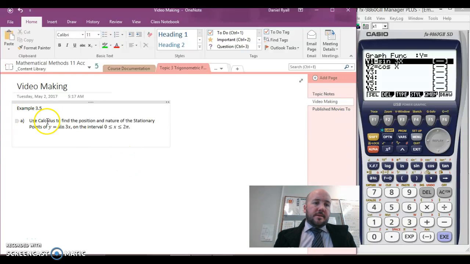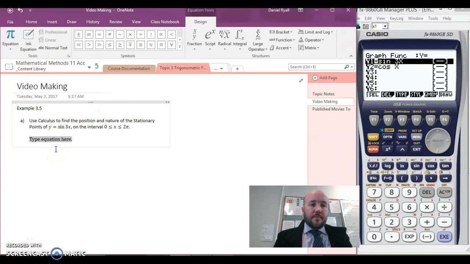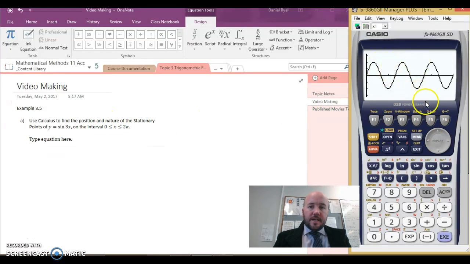This morning we're going to look at a section of chapter 3, where we're looking at finding the position and nature of stationary points. So I've got an example here of y equals sine of 3x, and we've got a given domain. The first thing I've done is gone to my calculator and drawn that function of sine 3x. It gives me an idea that there's going to be 3 maximums and 3 minimums for the given domain of 0